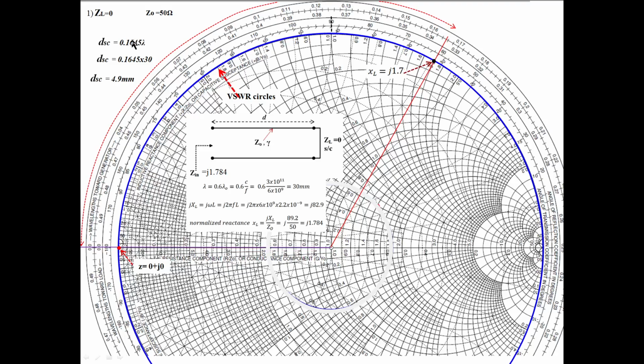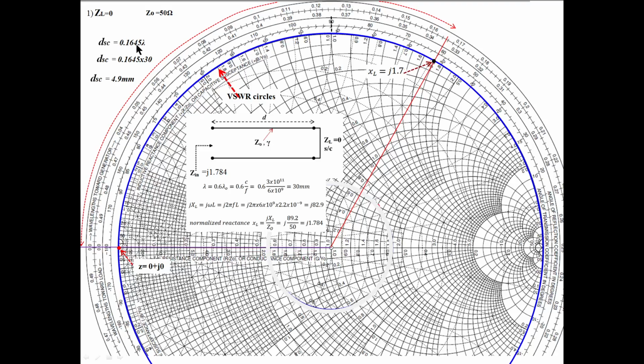So we got that length, the distance. From here, what is the distance up to this? We go on moving like this, and whenever we observe the required value of reactance, we stop. Moving over a transmission line like this means moving over a VSWR circle in the clockwise direction. Whenever we found the required reactance, we stopped here and measured the distance from the load point to here. Load means a short circuit, so it is a point here. The distance we measured from here to here is 0.1645 lambda.